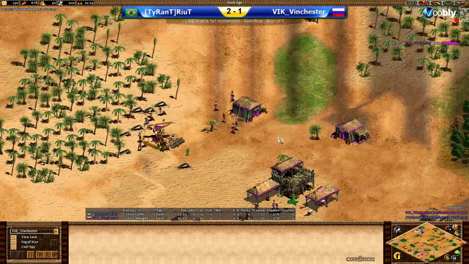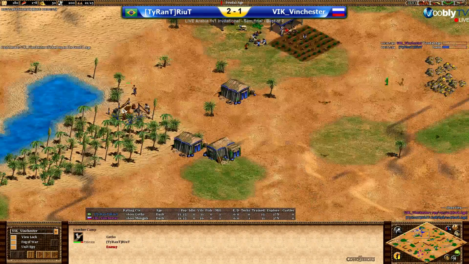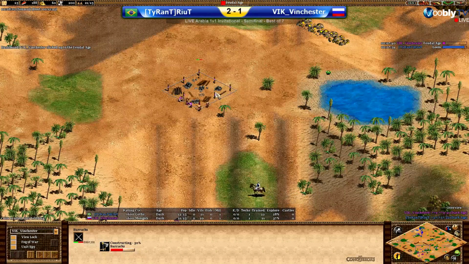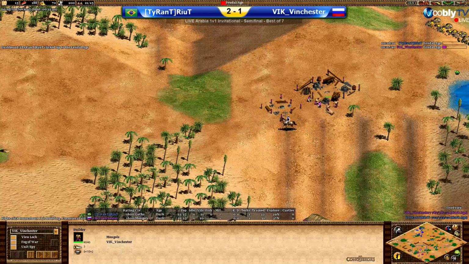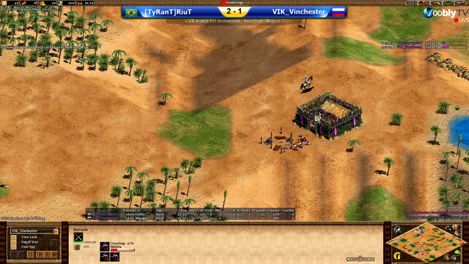And look at that second lumber camp of RiuT. It's good, but it's so exposed, and archers could come from the left side, from the right side. Archers could be picking off villagers from the hill where the two stones are, from the berries to the other wood. RiuT's going to see that barracks and the five villagers. It's going to be men-at-arms for Winchester. Yeah, so